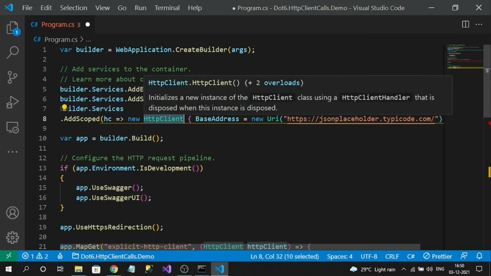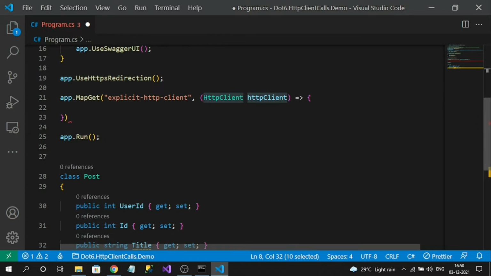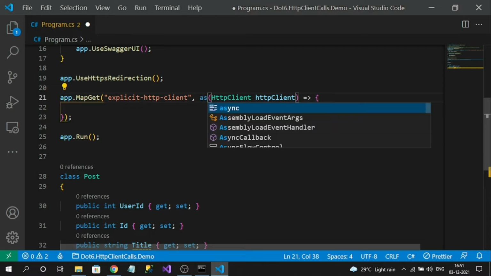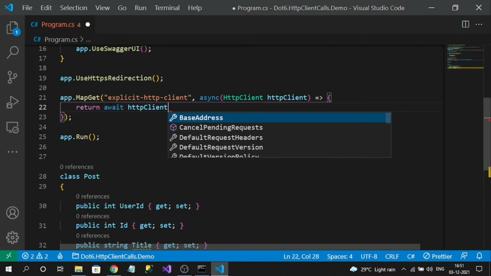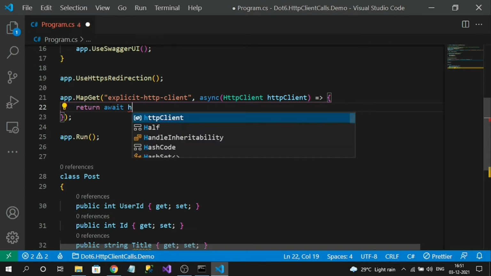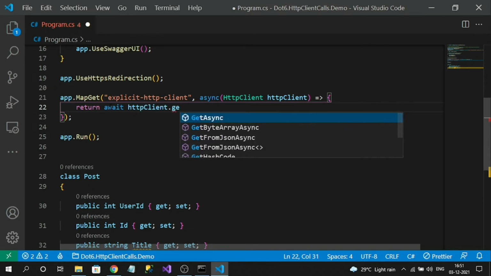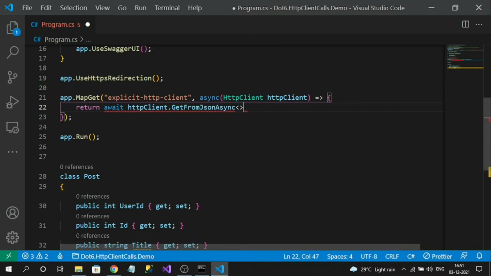We have already registered the HTTP client, right? So that HTTP client will be injected into our delegate handler method. Using that HTTP client instance, it will be an asynchronous process, so my delegate will be async. And here I will return httpClient.GetFromJsonAsync, specifying the type like Post.